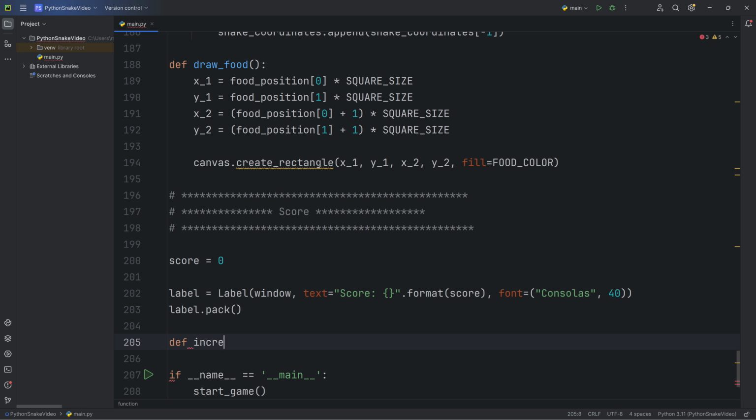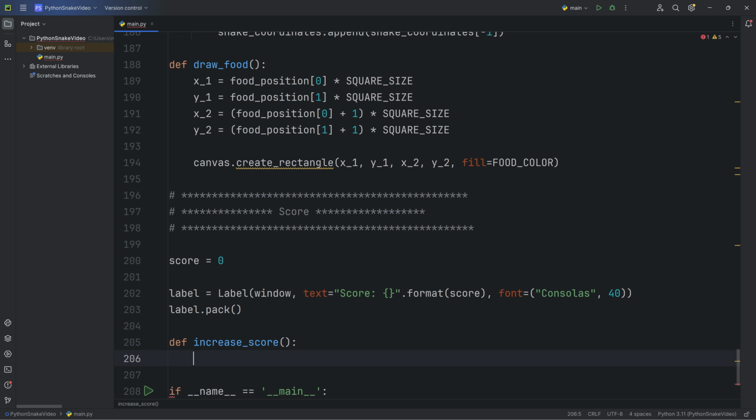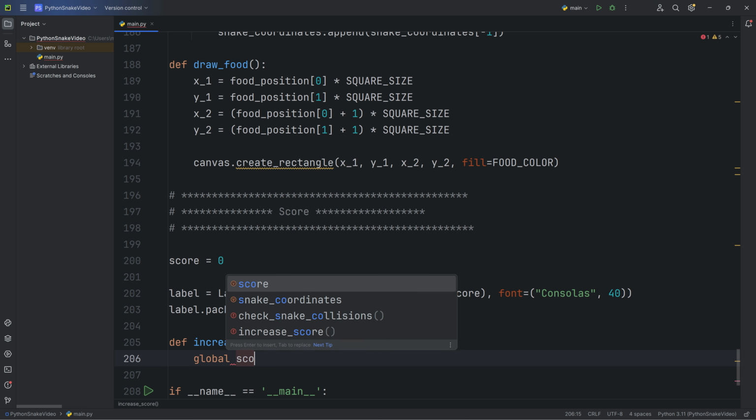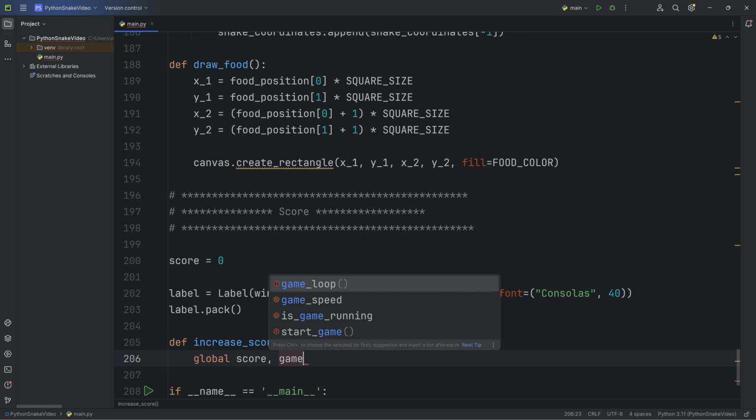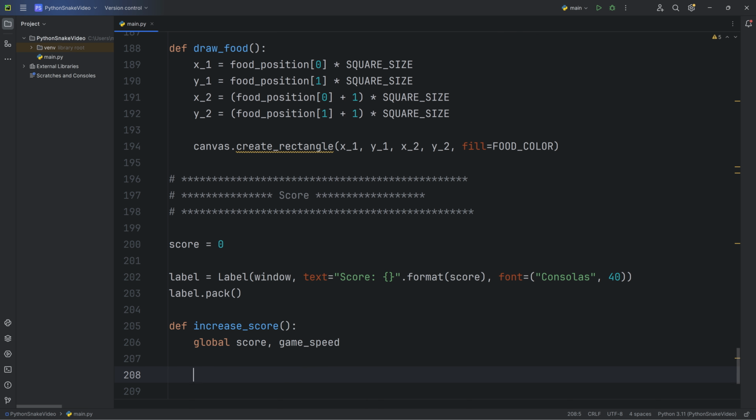Define increase score. The goal of this function is to increase the score of the player, so we need to update its value, global score. But every time we increase the score of the player, we also want to increase the speed of the game to make it more difficult. So we also need game speed. Inside the function, increase the score.